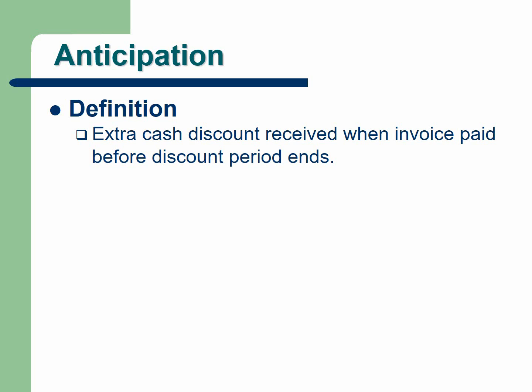So the vendor likes to have the payment early. Although the vendor may give the cash discount to the buyer, they may want to encourage the buyer to pay even earlier, before the cash discount period expires, right? So that is where anticipation comes in. Anticipation was created to promote prompt payment from the buyer in spite of the cash discount period that's still left for the buyer to wait and get the cash discount.